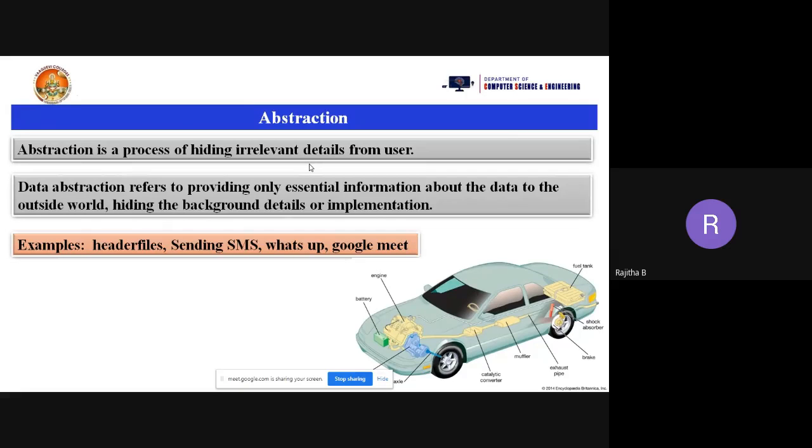No need to worry about the implementation, what code is inside, what procedure is going on. We are not bothered about that code here. So it is an abstraction. That SMS hides the internal procedure, and we just use the external procedure, typing the message and sending, and it goes to the other mobile.